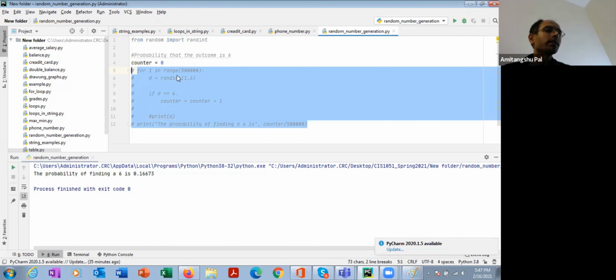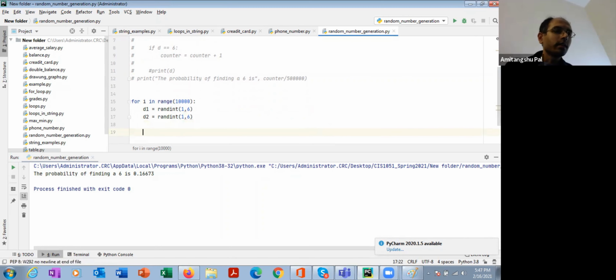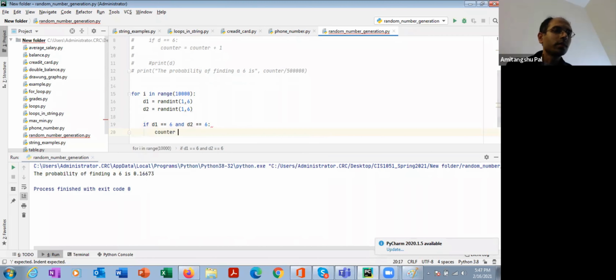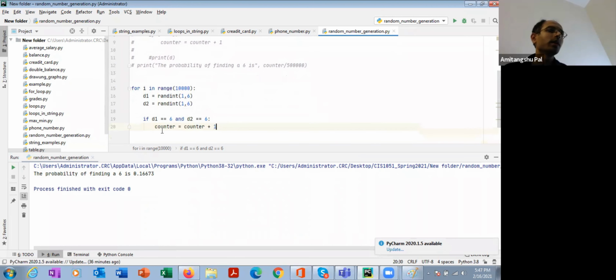So randint between 1 to 6, and then another die, randint between 1 to 6, and then I'm checking if d1 equal to 6 and d2 equal to 6, then counter equal to counter plus 1. Basically I'm doing the same thing, but over 2 dice.